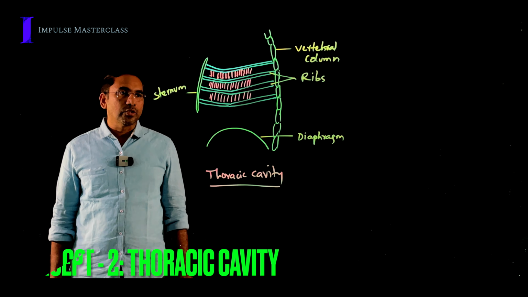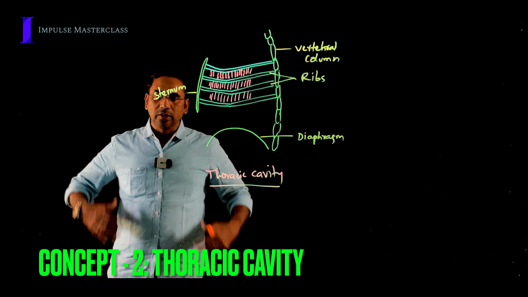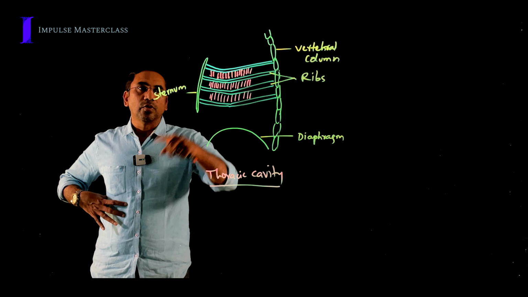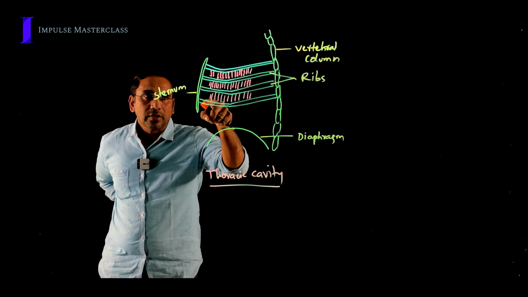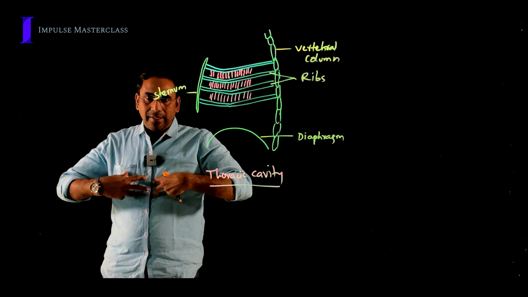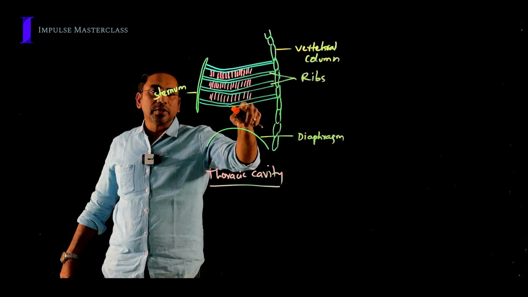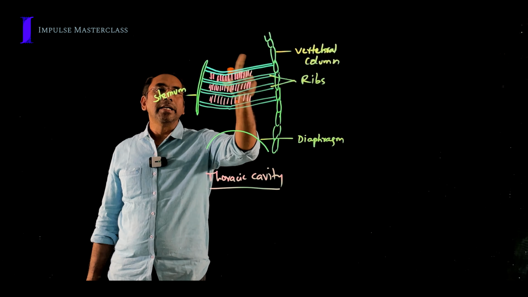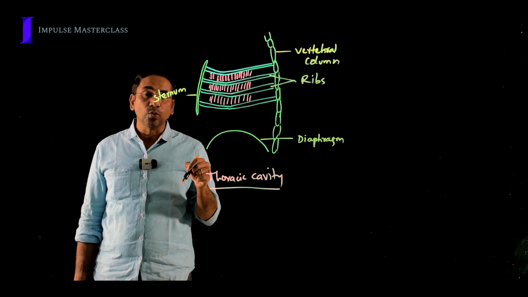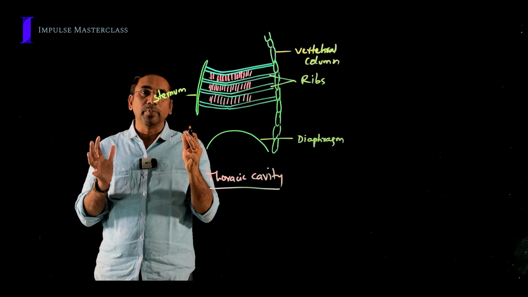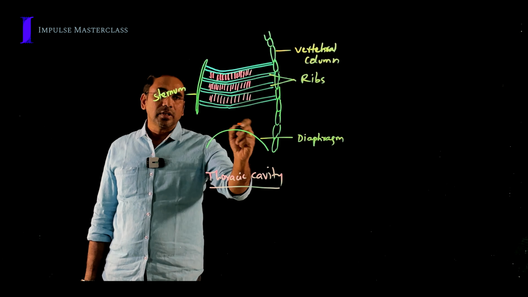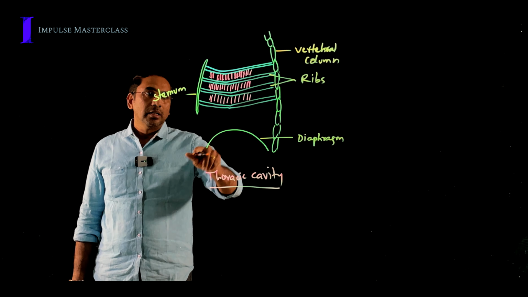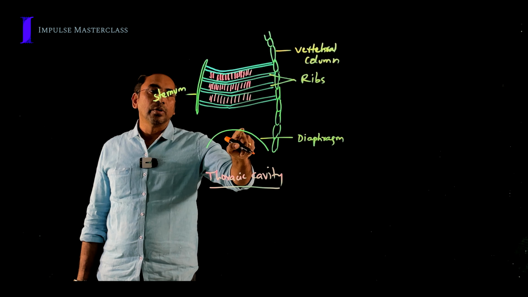Now let's understand the structure of the thoracic cavity. You know that the thoracic cavity is an airtight chamber whose ventral surface is formed by the sternum, dorsal surface is formed by the vertebral column, lateral surface is formed by ribs, and posterior dome-shaped diaphragm. This is a complete airtight chamber, which plays an important role in movement of lungs, which helps in breathing. Diaphragm is a muscular partition that separates the thoracic cavity from the abdominal cavity. Remember, this is the characteristic feature of mammals.